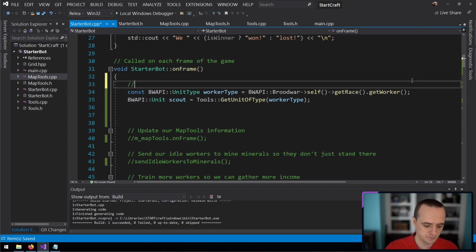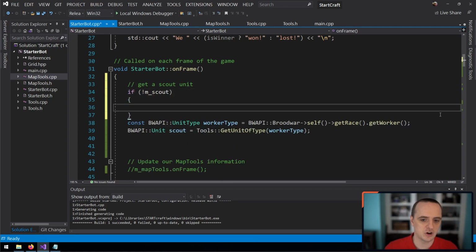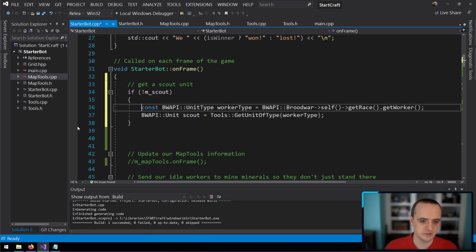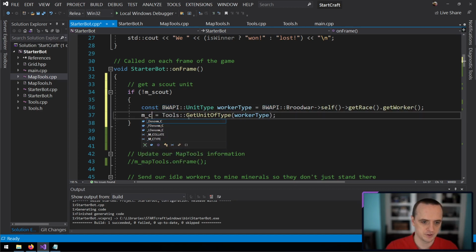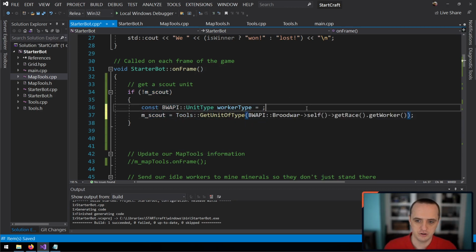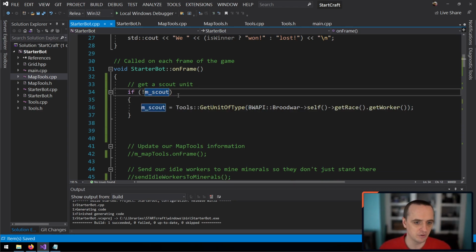So I'm going to get a scout unit. So I'm going to say if not mScout. So this says if I currently haven't got a scout worker set, I'm going to set my scout worker by doing this. So mScout. There we go. And I can eliminate this function call. Okay, so if I don't currently have a scout, okay, then